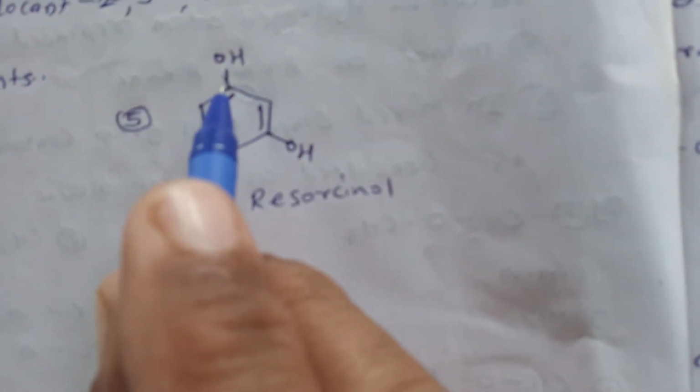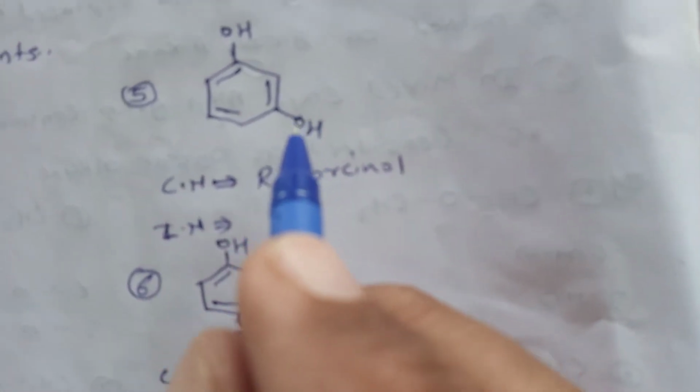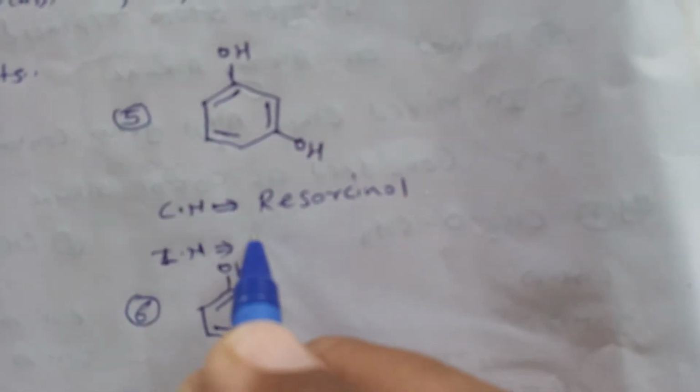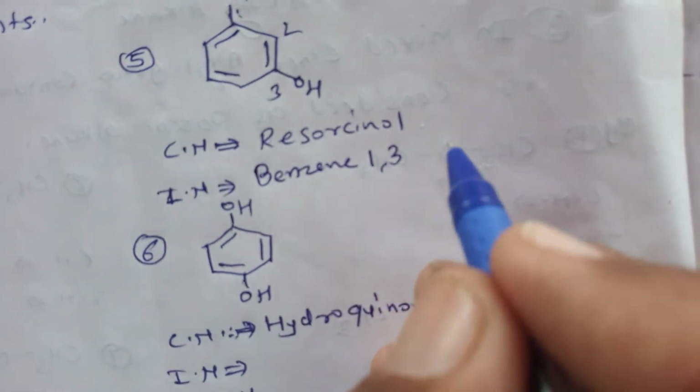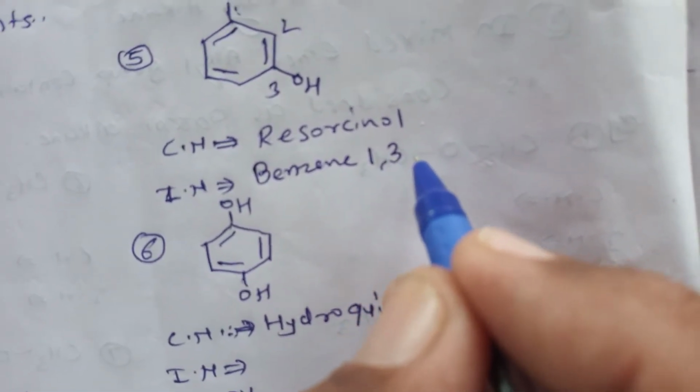In the next example, the common name of the compound is resorcinol. The hydroxyl groups are attached at the 1, 3 position, meta position. Therefore, for the IUPAC name of the compound, write down benzene, then number the hydroxyl groups 1, 2, and 3. The hydroxyl groups are at the 1 and 3 positions, therefore write the locants 1, 3. There are 2 hydroxyl groups, so the word di is used, and for the hydroxyl group ol: benzene-1,3-diol.